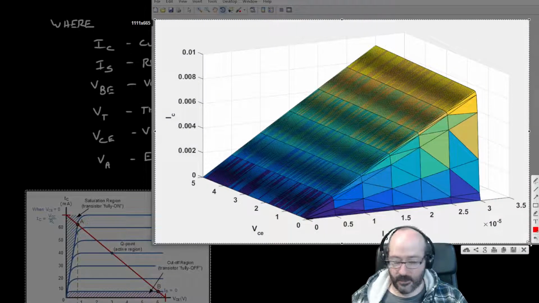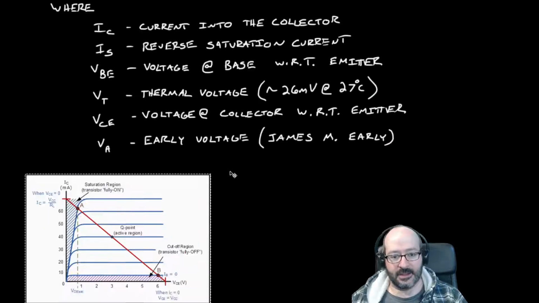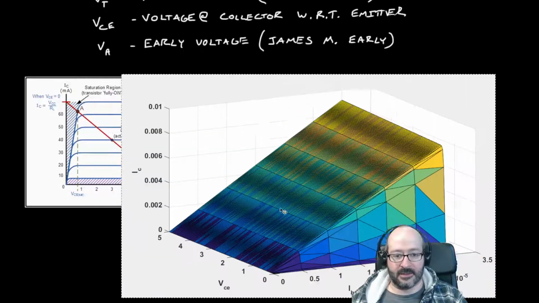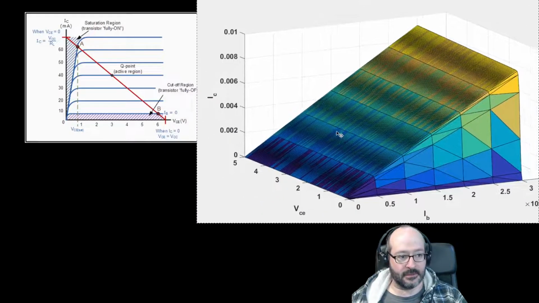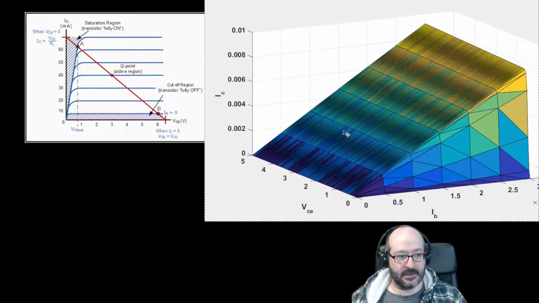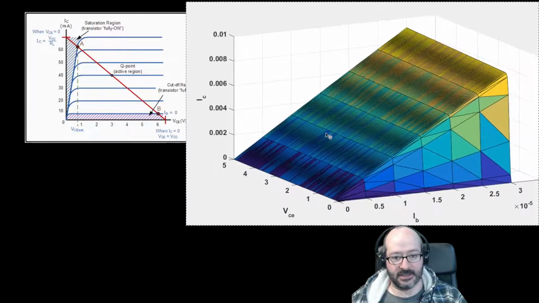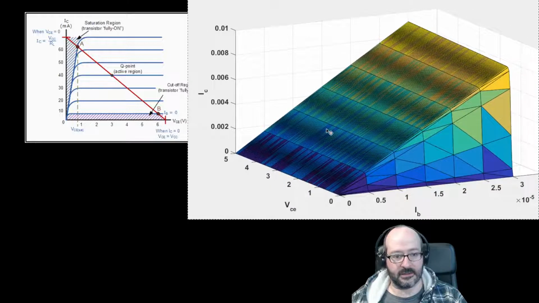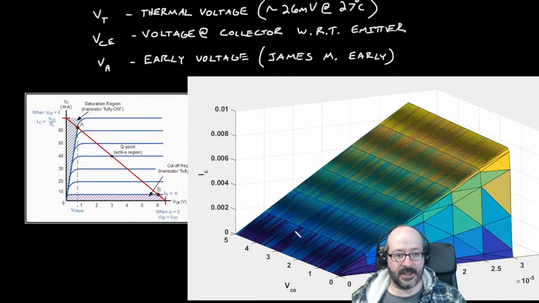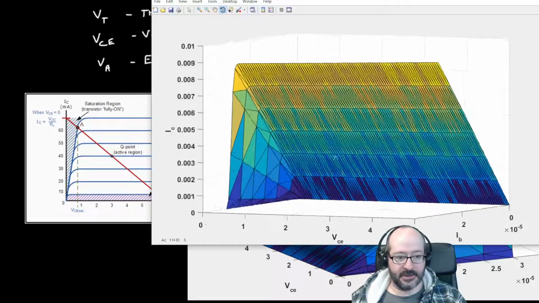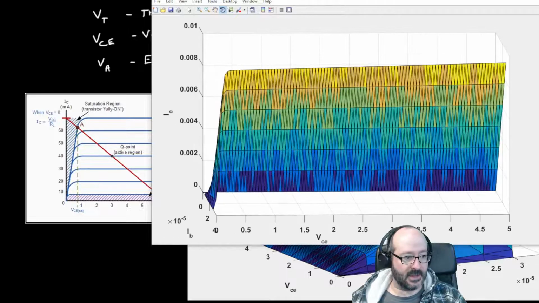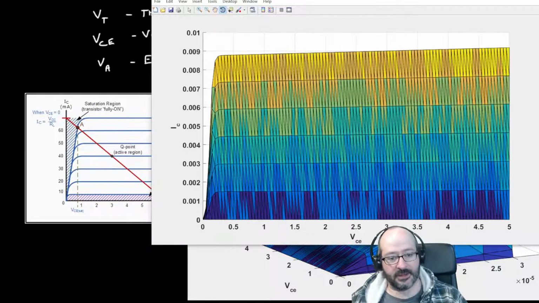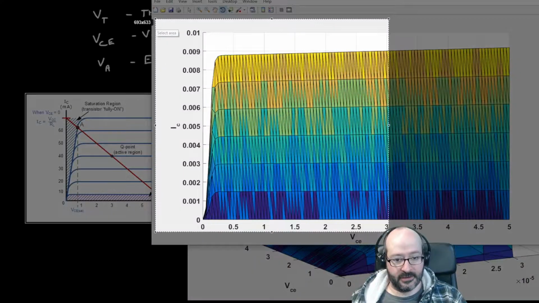That's your volt-amp characteristic for a BJT, and it looks something like that. I'm running out of room here, it's a little snug. I think that's good enough to get them next to each other like that, and then we rotate it as I mentioned. I'm going to run a little piece of code over here to rotate it the way I want, and we end up with an equivalent